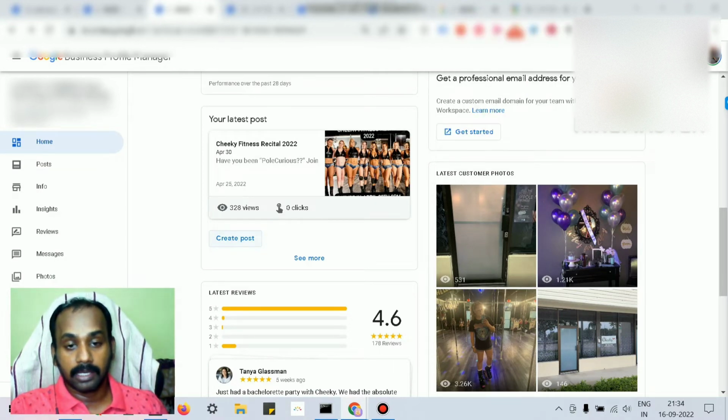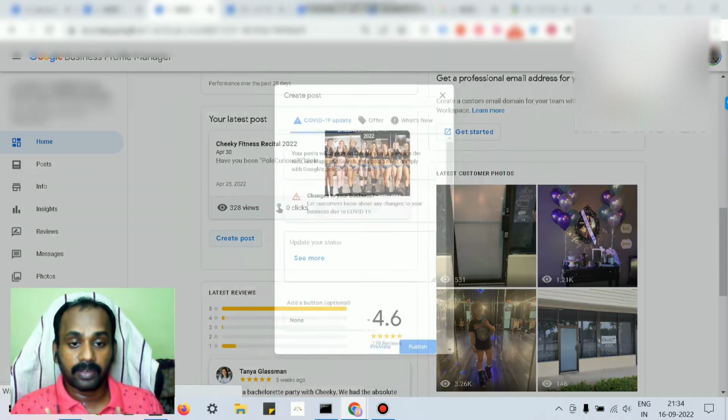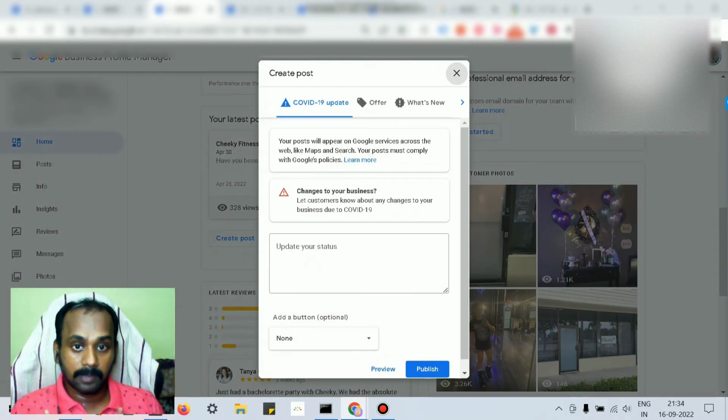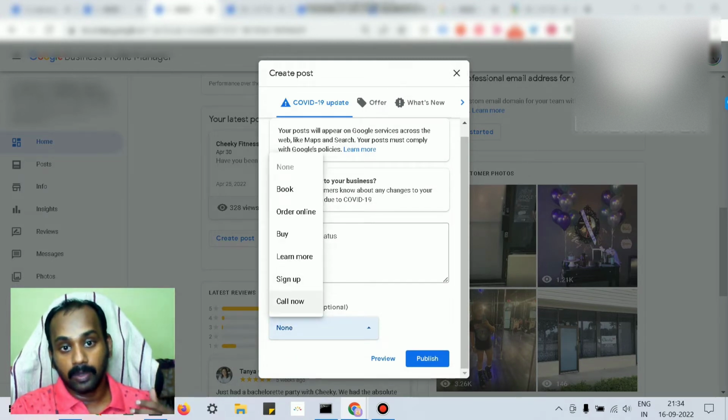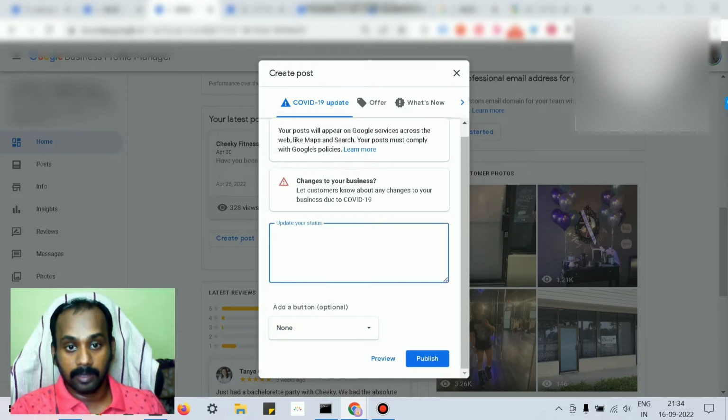And the key thing is, you can create posts also. Frequently you can create posts, and you keep your audience engaged. And you can add a button to that post, like call now or learn more, and direct them to your website, or depending on the CTA you prefer, you can just post. The post has to follow the